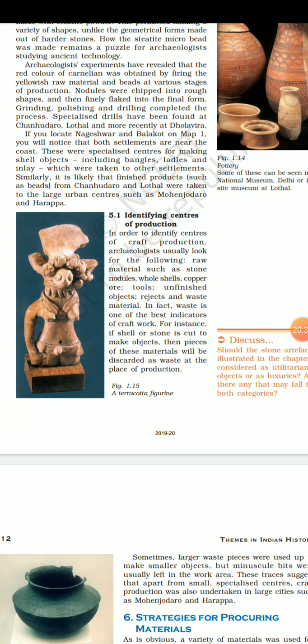Apart from that, waste material. If there is some industry-like thing, if you go to a tailor shop, you will see that along with some good cloth, there must be some cut cloth also. That waste cloth you will find there also. And if you go to any factory, you will find some waste material over there. So during the excavation, if archaeologists found some waste material from a particular place, then they used to consider that this place is very important from the point of view of bead production. So waste material is also important.